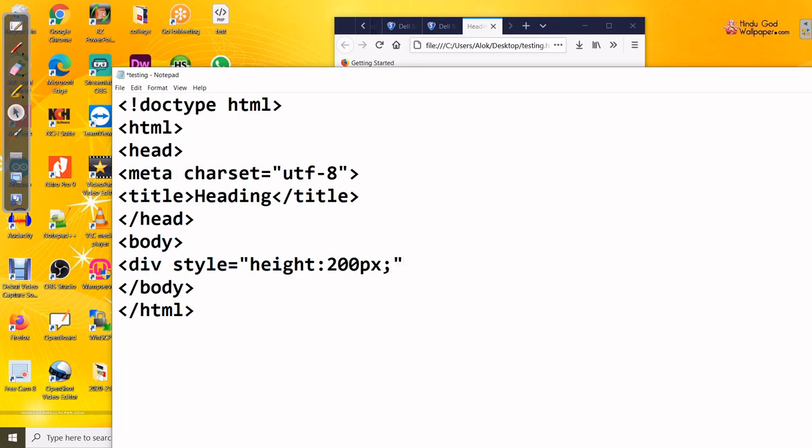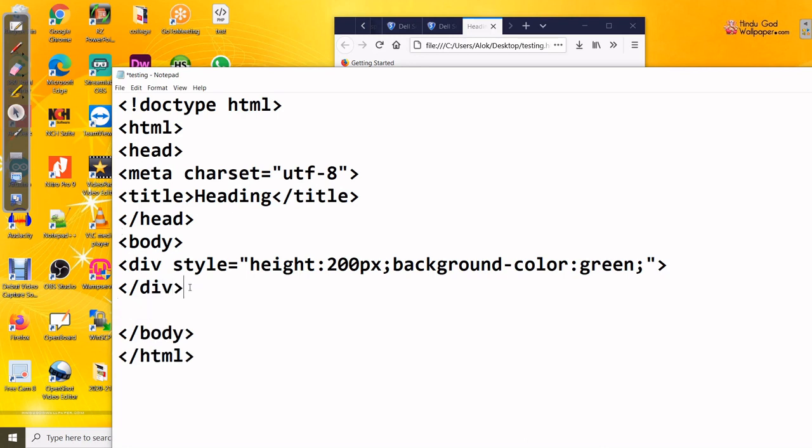And one more thing, I'll put here the color, that is good for you to identify your division. So background hyphen color colon, I'm just giving any color value here, I'm just giving the name only, otherwise you can give the hexadecimal value. Give the name, then it is easy for you now, because you don't have any idea about CSS now, so that's why, right? So one division, and close the div. So this is clear.